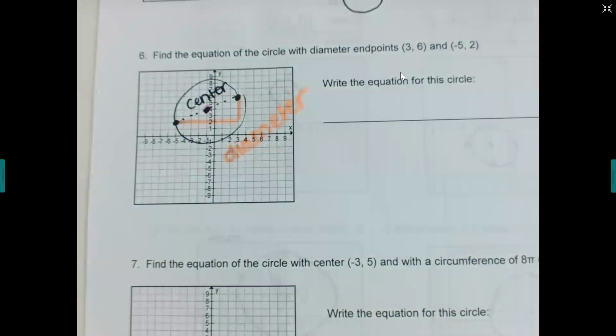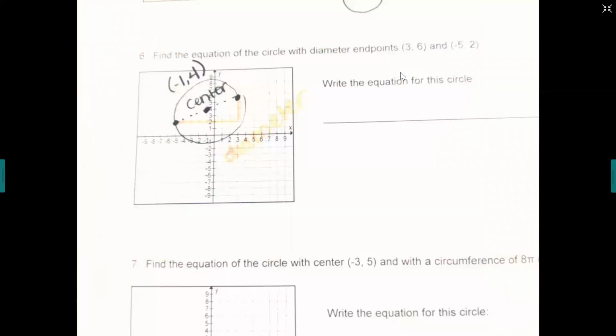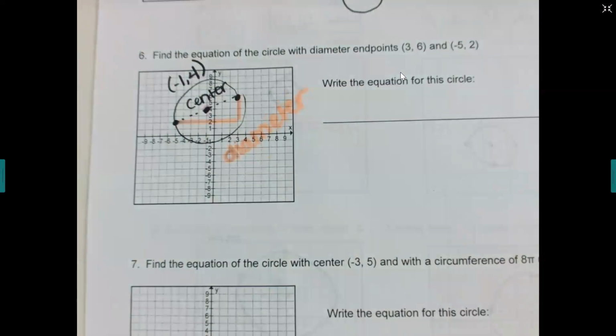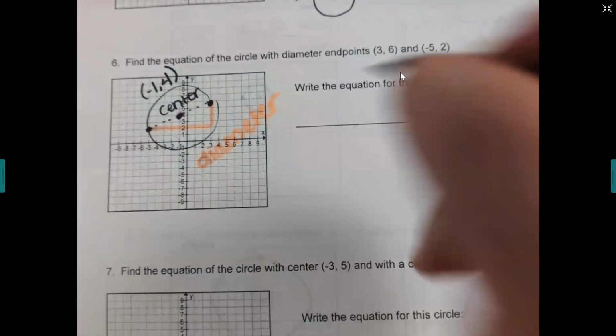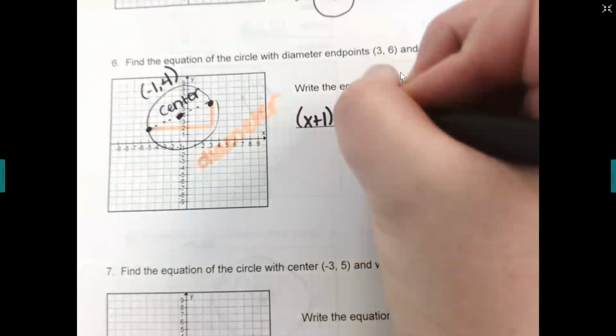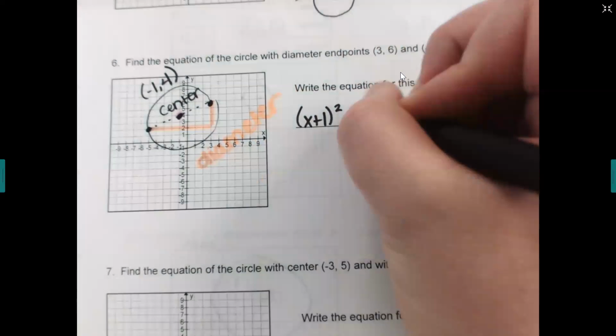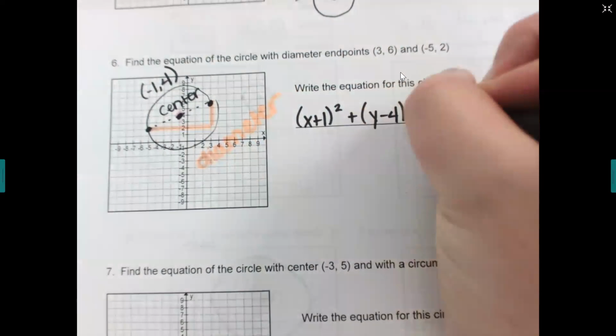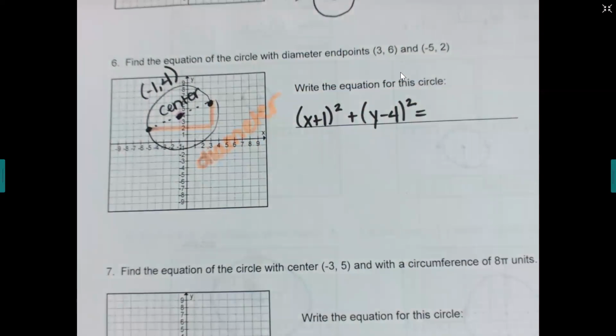Okay, what is that ordered pair if I were to write it out? Okay, my center is negative 1, 4. Then start off the equation for me. What's it going to say? (x plus 1) squared plus (y minus 4) squared equals, and then the r we haven't found yet, but